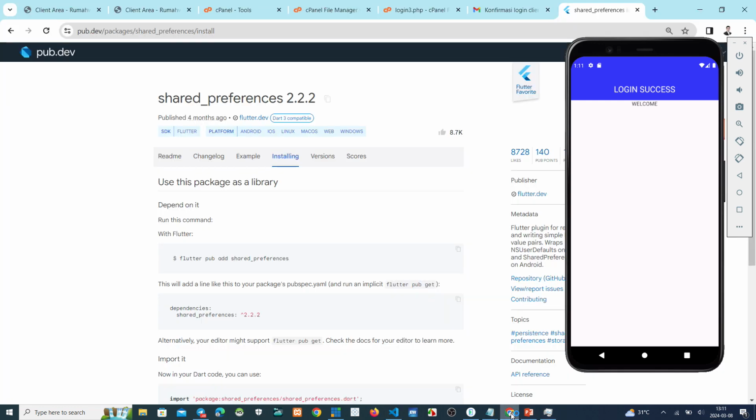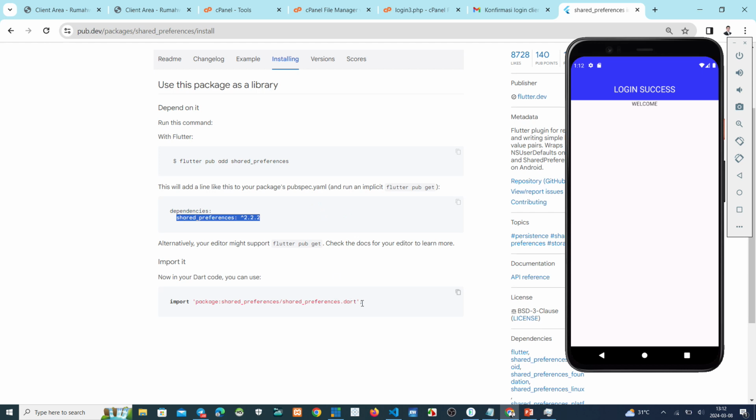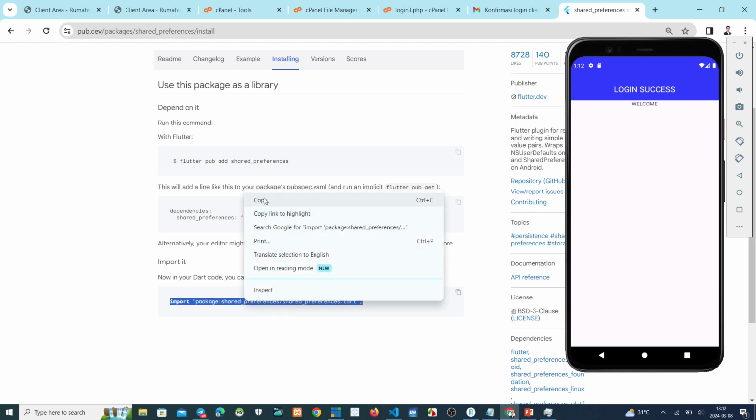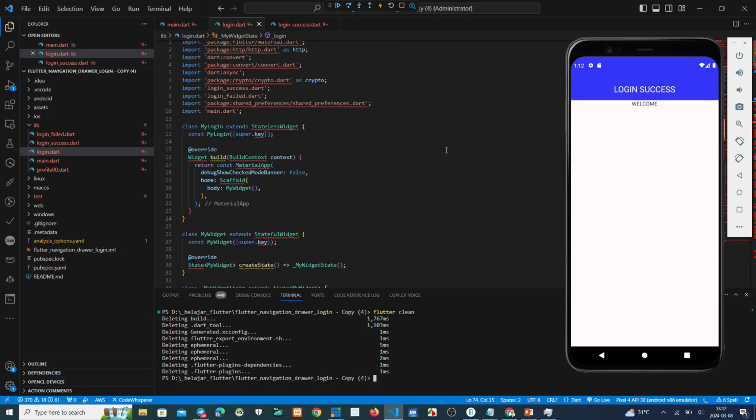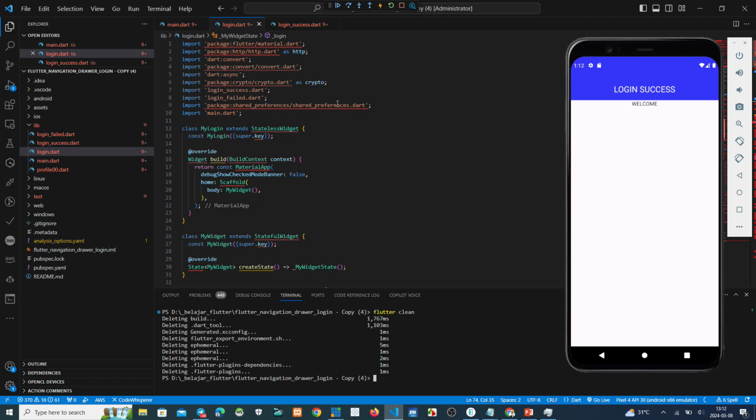After this one, we copy these dependencies to dependencies, and also this one, import and copy this to my script. Oh, we have copied the self reference.